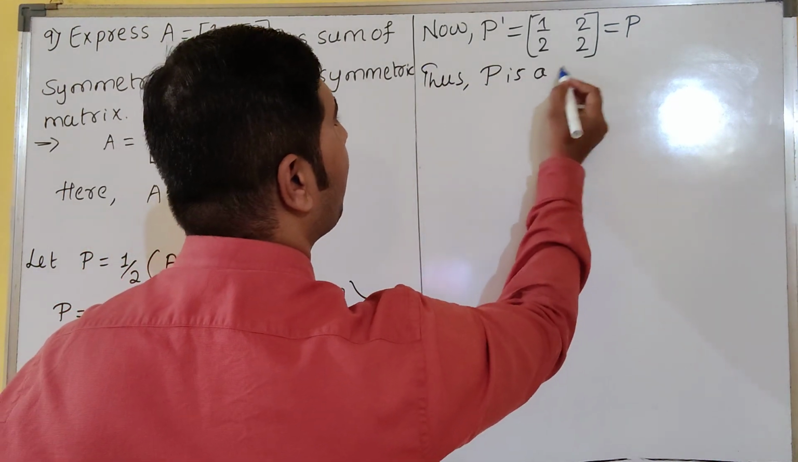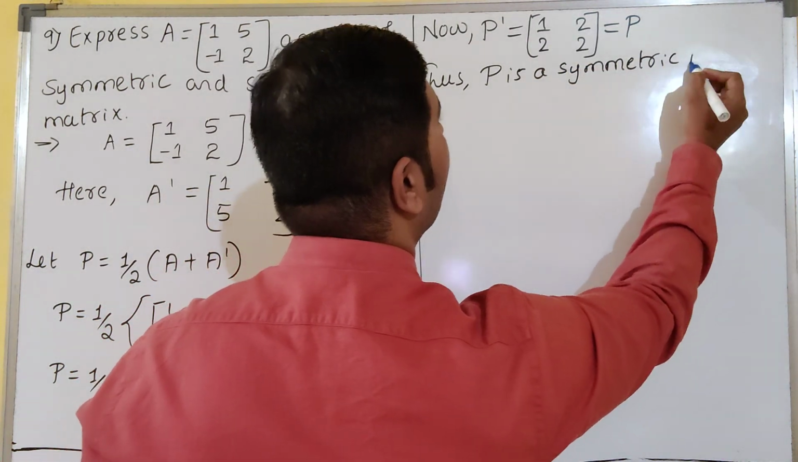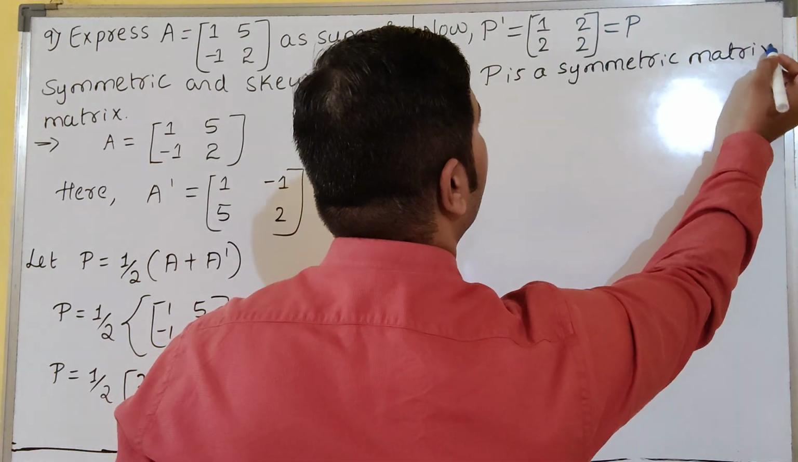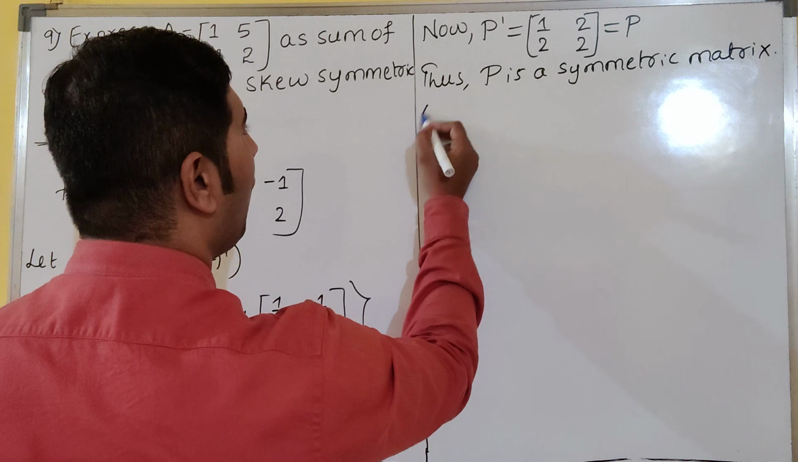Therefore, P is a symmetric matrix, dear students. Symmetric matrix. Clear? So now let also